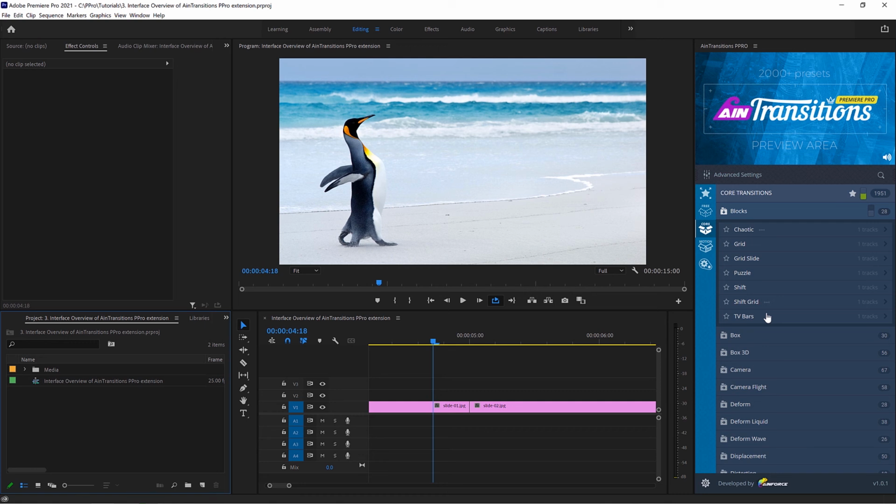For your convenience, we have added a special icon mark in the plugin interface, which shows the transitions based on the sequence. Therefore, you will always keep in mind that the transition from this category requires additional action if you use it for video footage. So, everything in the interface is quite simple and informative.